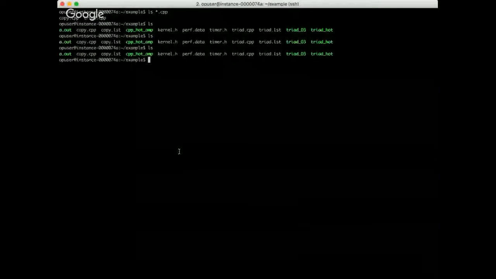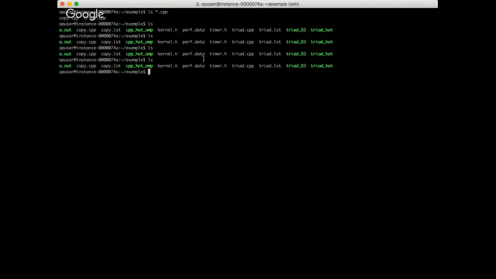I'm using SSH to the instance. I'll put a few examples in the image. Look at first, I would like to show you